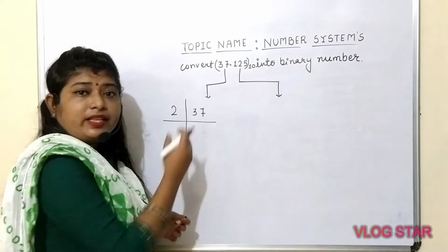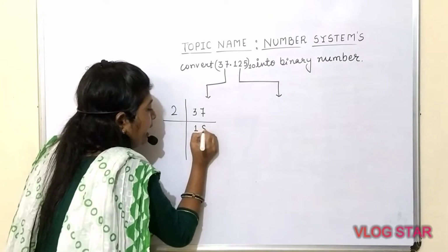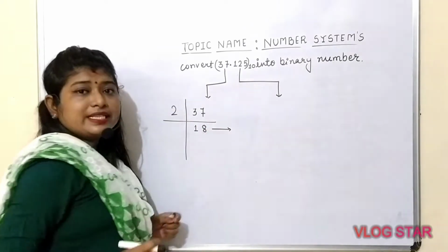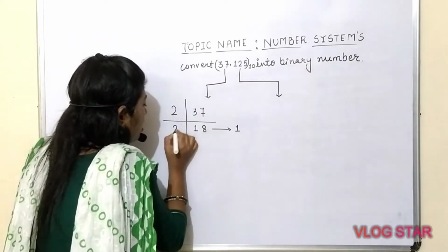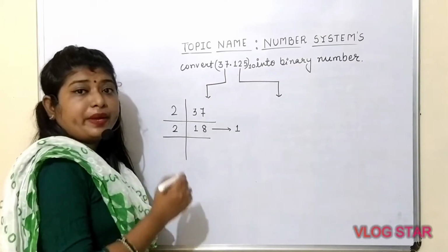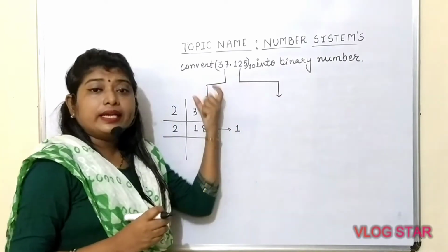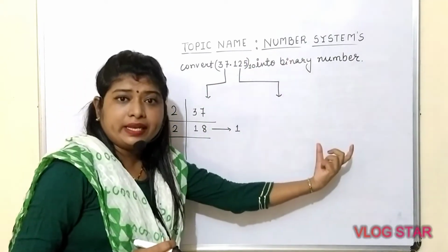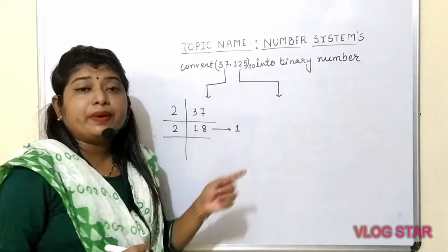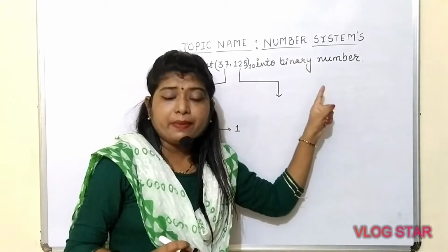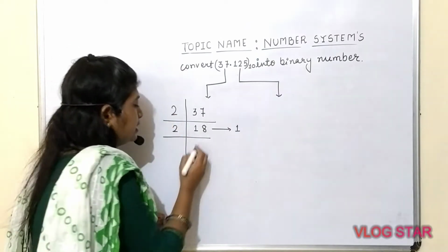So can you just divide 37 number by 2? So after division you will be getting 18. Am I right? Here the quotient is 18. What would be the remainder you will get? It is 1. Similarly, again you have to divide this particular number by 2. Why I am dividing this by 2? Because we have to convert the given decimal number into binary number. If it is octal number, then you have to divide that particular number by 8. If it is hexadecimal number, you have to divide that number by 16. I hope you have understood till this step.